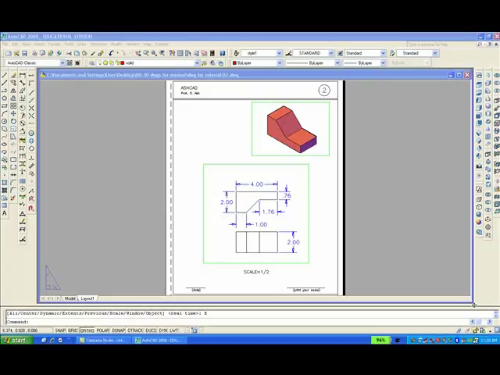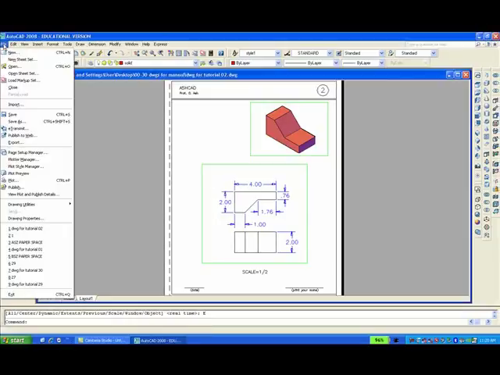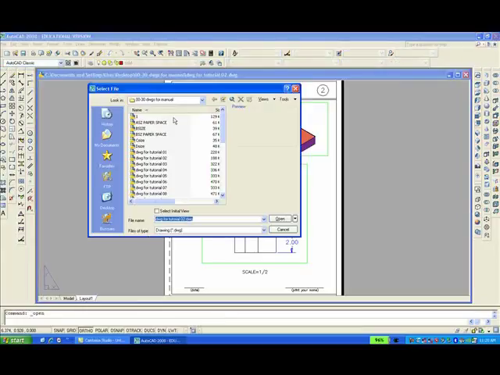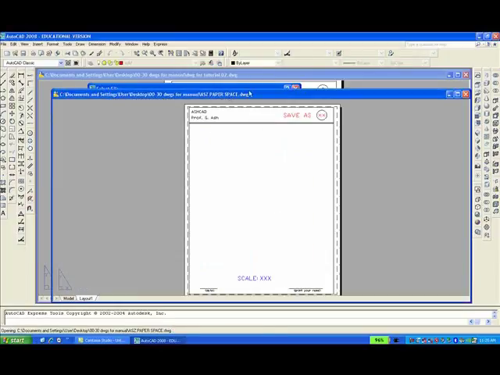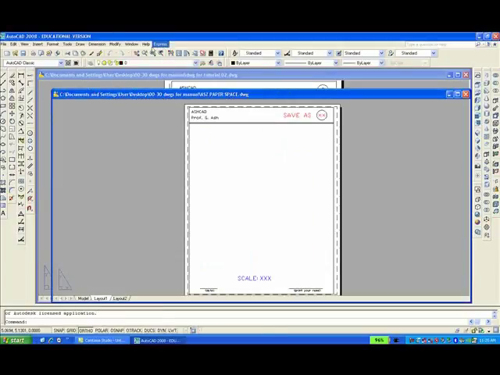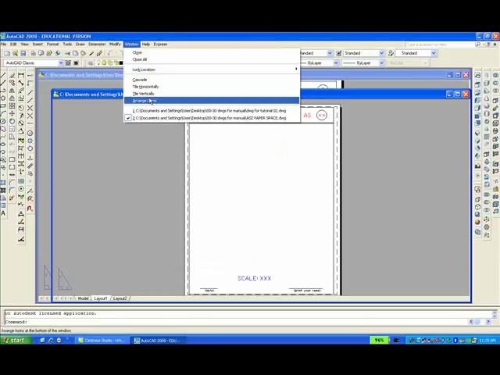This is my exercise 2 drawing that we're going to create using the split screen method that I used in exercise 1. So to repeat, the first thing we'll do is go to File and we'll open a drawing I created called A Size Paper Space, which you have in your possession. You'll open it, you'll go to Window, Tile Vertically,